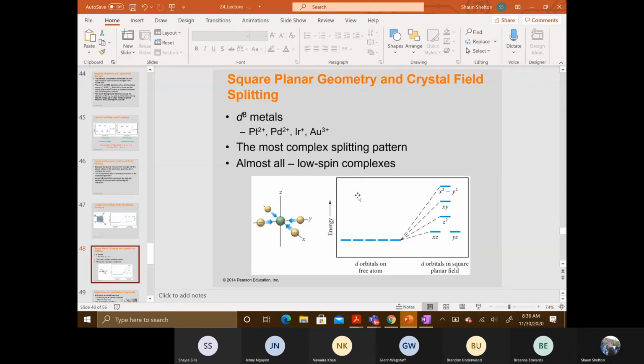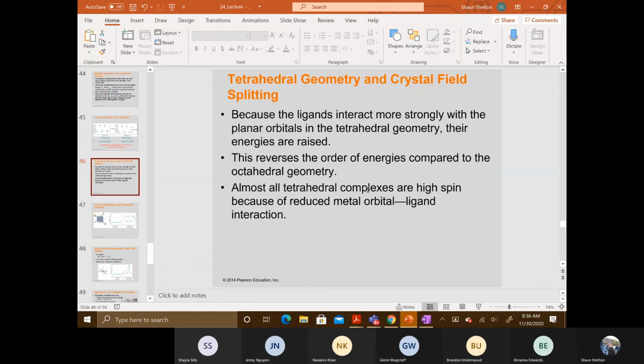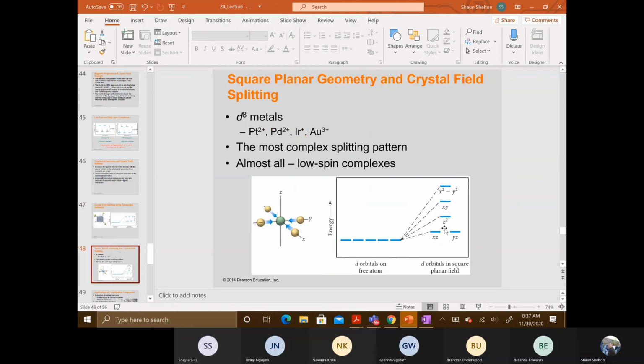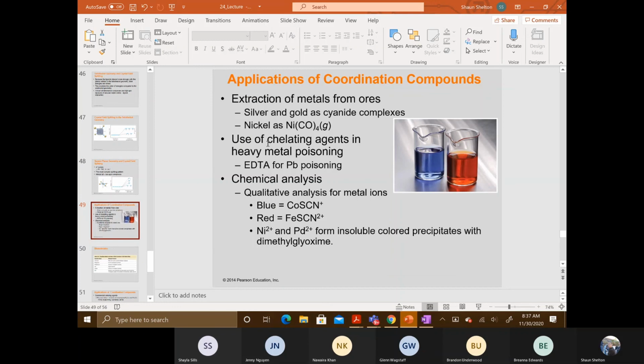Square planar is by far the most rare, and you probably never will see it, but if you do see it, it shows up within these 4 ions here: platinum, palladium, iridium, and gold +3. It has the most complex splitting pattern, and almost all are low spin complexes, meaning that the electrons are going to stay in the bottom before they fill up. That's different here because it says right here that almost all tetrahedral complexes are high spin. What that means is that they're going to fill all 5 orbitals before they double up. This is different because the energy is so much higher in these top 3. So you're going to fill the bottom ones up before you go to the next one. Again, square planar is probably the most rare of the diagrams that you're going to work with, but they form within these 4 metals here. All right, so that's a good stopping point for